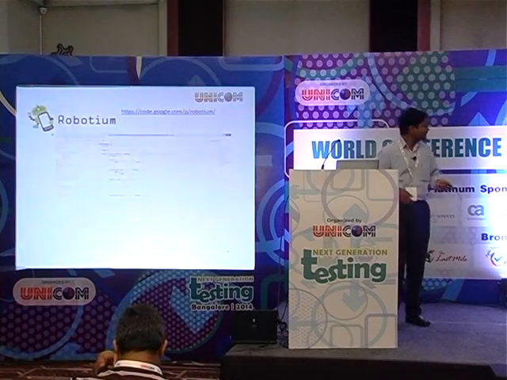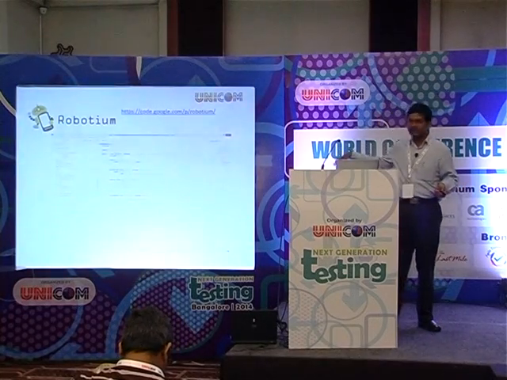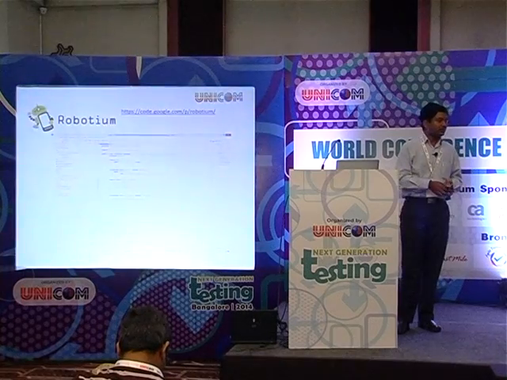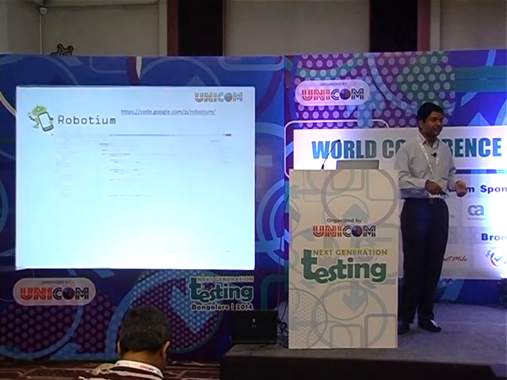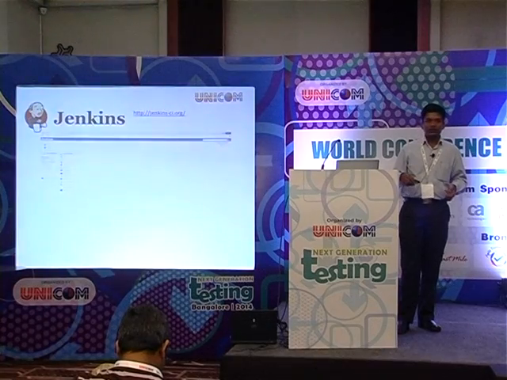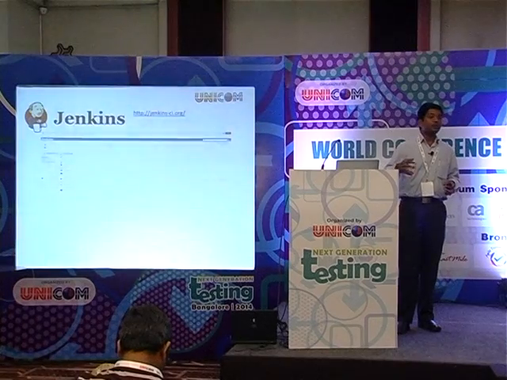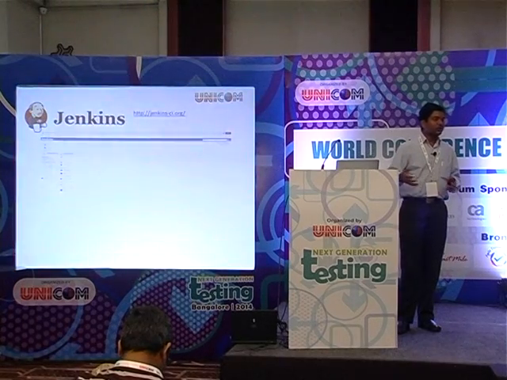So Robotium, this is the website, in case people have interest to see. I don't think you would be able to see the code, but nevertheless it looks very similar to Selenium. Just wanted to show you how it looks like. And Jenkins, probably you might be using Jenkins, though you might not be configuring Jenkins, but your organization might be using Jenkins or some other